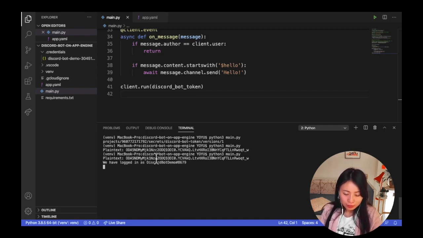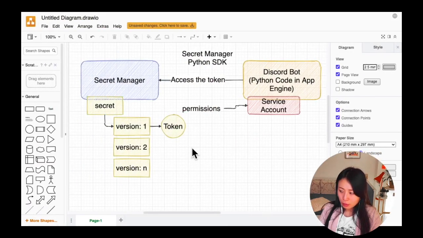So it gets the token back and logged in successfully as Discord bot demo. So that is really the end of our practice today. Just to summarize, we stored the token as a secret, as version 1 of the secret in Secret Manager, and we gave some permissions to the service account attached to our App Engine. The permission allows our App Engine service to access the token in Secret Manager, and then we incorporated the Python SDK, or the Python library, to access the token programmatically from our Discord